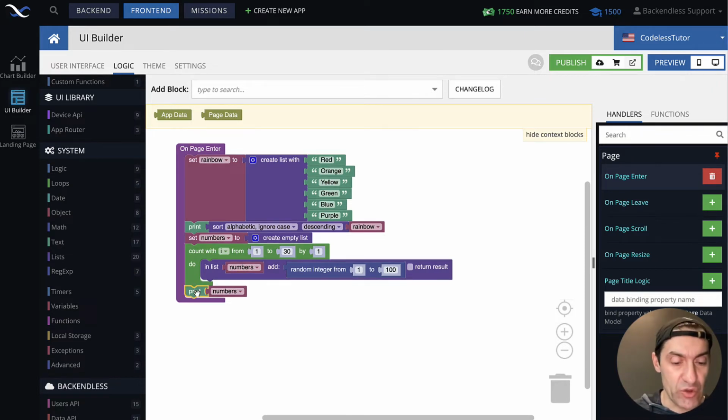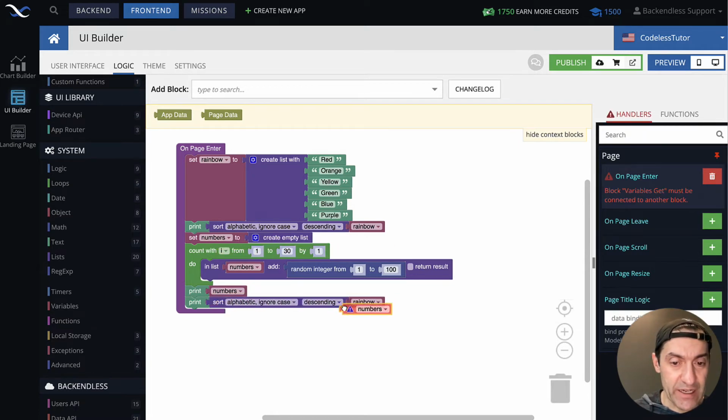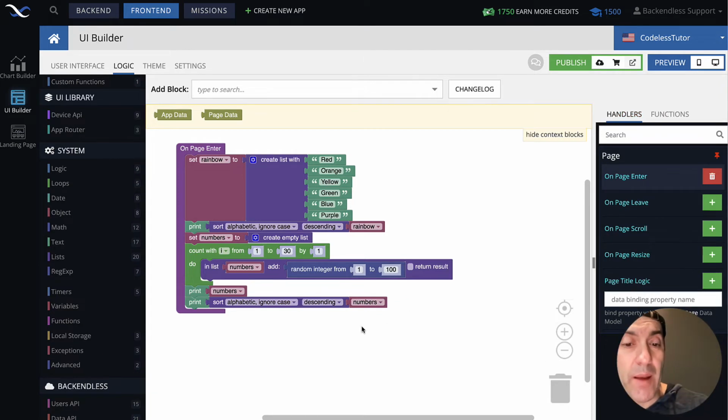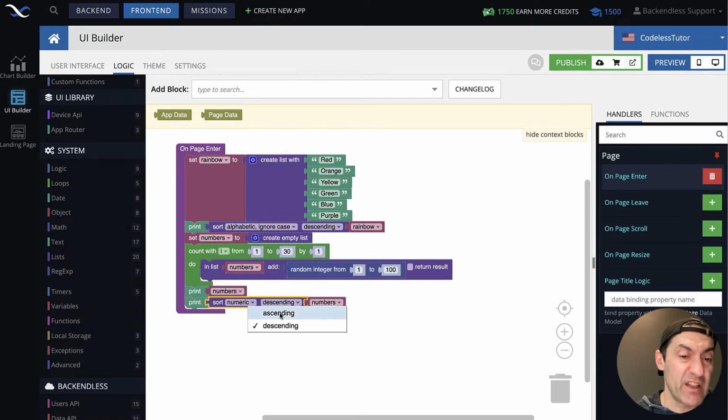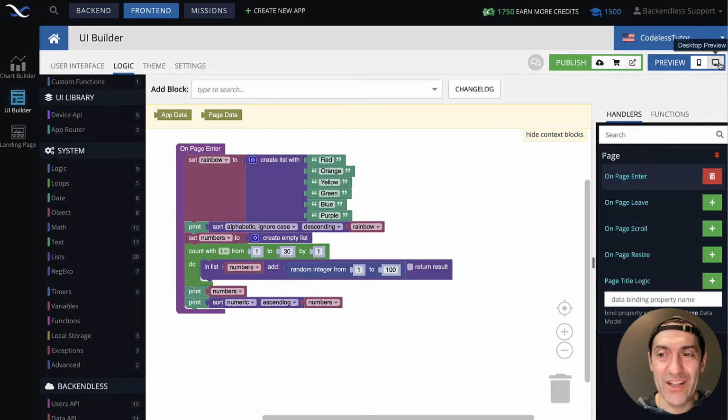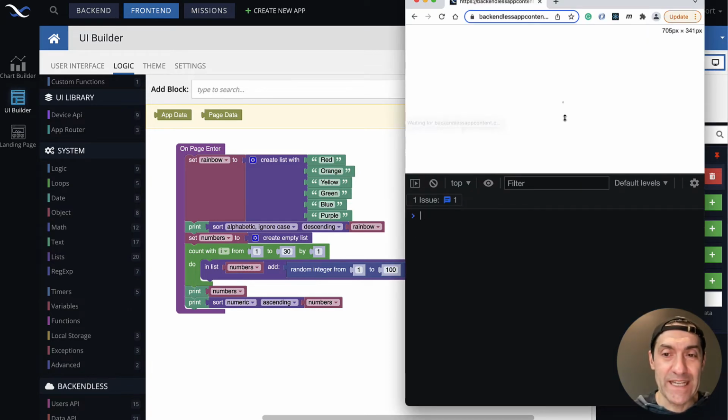But the next instruction that we will have will sort those numbers. So here I'm taking the sort again, putting it in here, and then connecting numbers. Let's get rid of this rainbow. It stayed there from after copy and paste. And I'm changing it to numeric. Numeric, let's say ascending. Exactly the same block, but now it works with numeric values for the reason that the numbers list contains numbers. Let's run this page and take a look at the results.